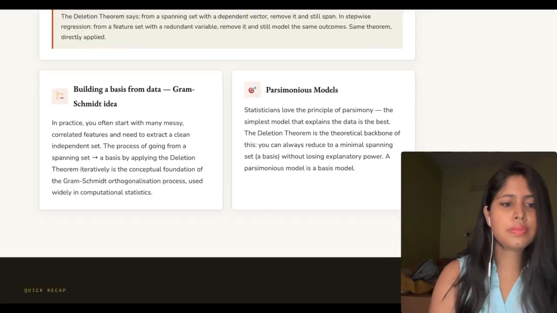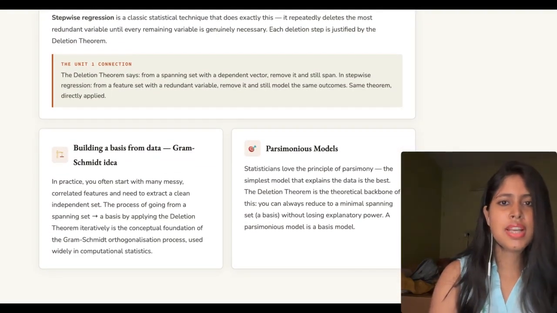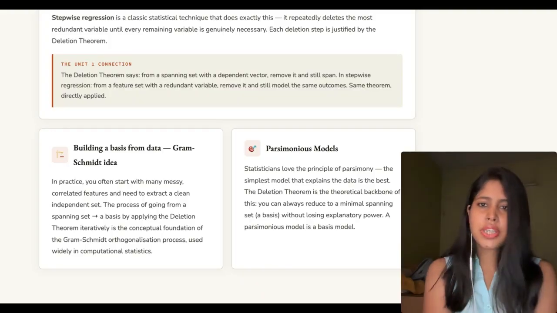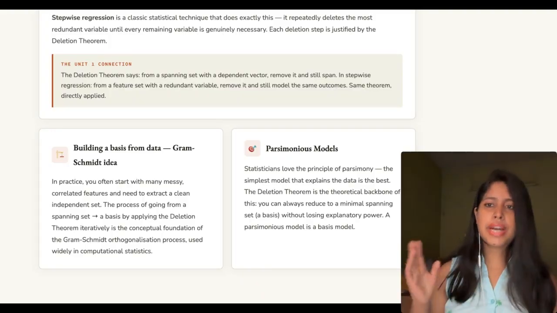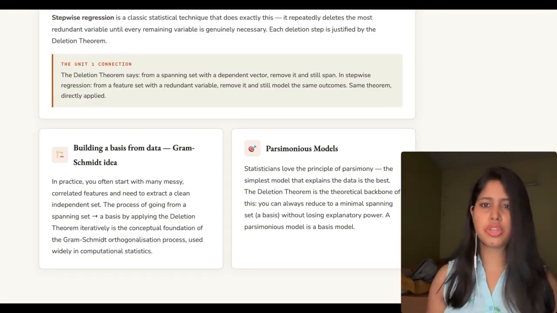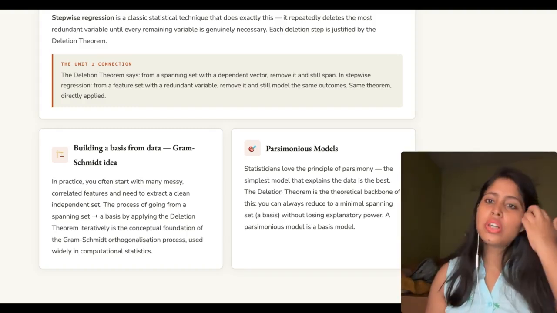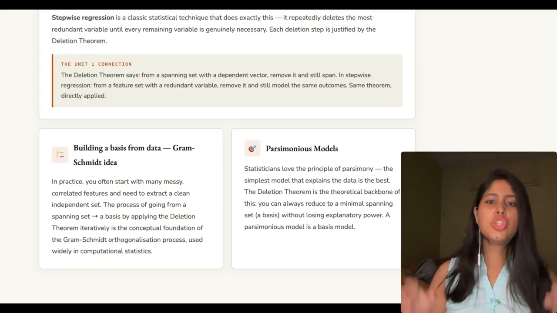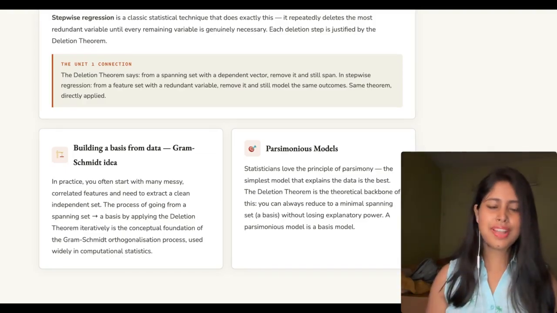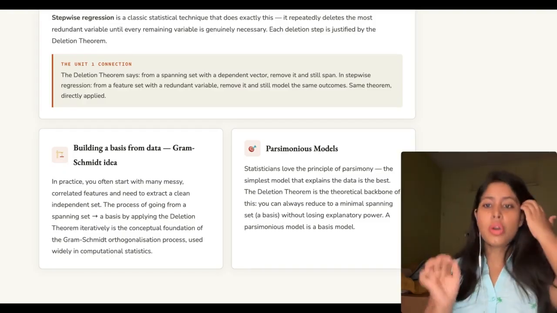Okay. Now, this was the stepwise regression. Now coming to the replacement theorem. See, this one shows up in a very practical problem in social science and economics research. Sometimes a variable you really want to measure is something abstract, for example, socioeconomic status or quality of life or social capital. These are meaningful concepts, but you can't directly record them as a number, right? So researchers use proxy variables. Now, this is sounding very interesting, right? What are proxy variables?